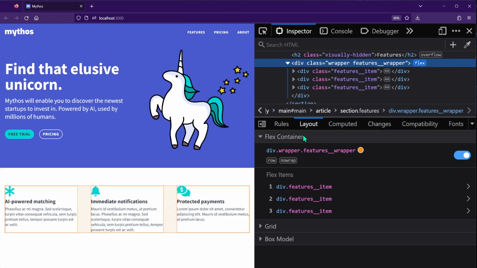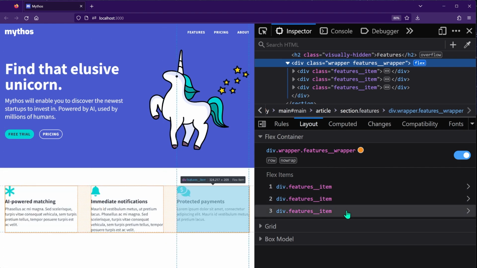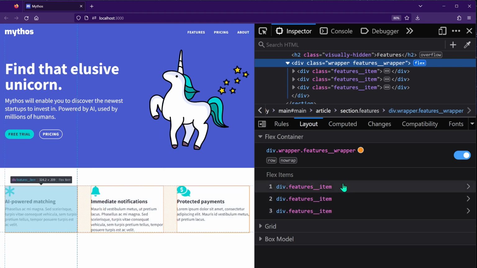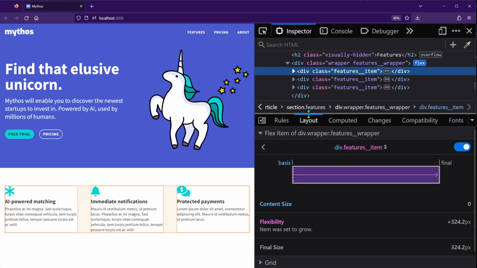And then you can do this toggle to turn it on and off. And then under the Flex Container info, it says Flex Items. So this tells you all the Flex child items of the Flex parent. And if I hover over each of them, then they'll get highlighted on the website. And if you click on one, it's going to select that item up in the markup view. And then it's also going to automatically load in the layout tab the Flexbox styles. And this is really helpful.